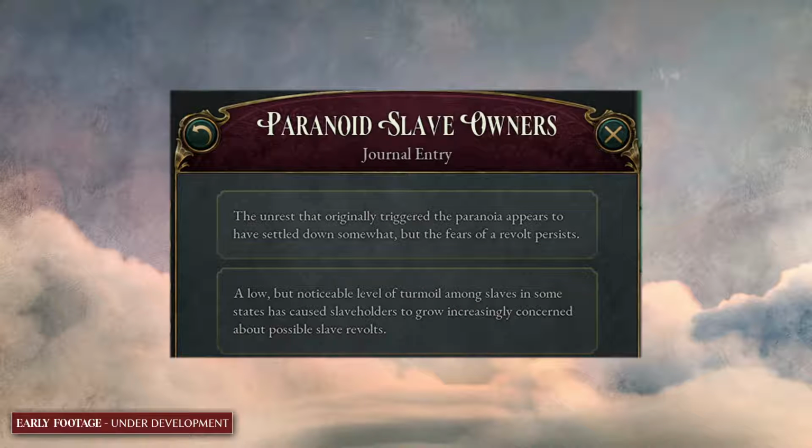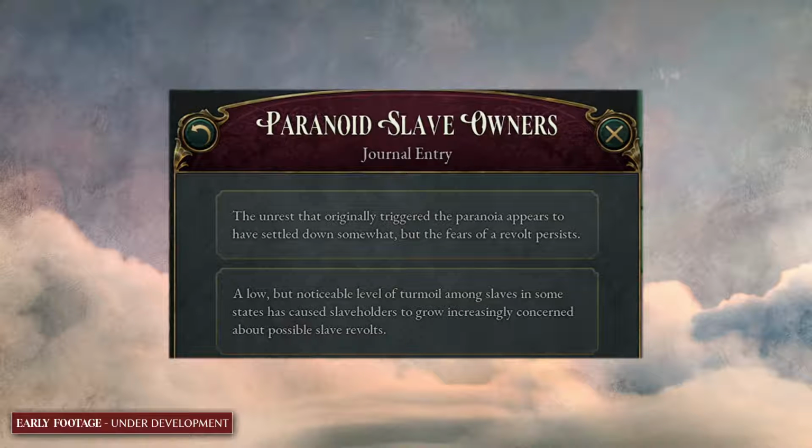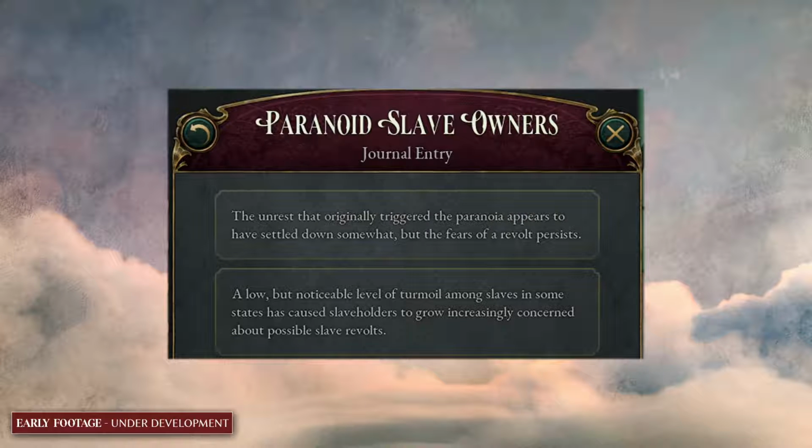Slavery is an incredibly violent system, and violence, of course, is going to create turmoil. Slaves aren't just going to accept being slaves, and a country that wishes to maintain its slave system is going to have to deal with the fact that there will be protests, uprisings, and of course, opposition in the form